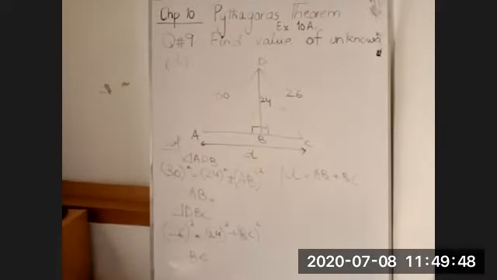So first I'm going to repeat the question, whatever we have done in this question. This is your question number 9D part. In question number 9D part, the unknown was D. We have to find its value. First of all, I have named the edges as A, B, C and D. First, I have taken the triangle ADB. By taking the triangle ADB, 30 will be your hypotenuse, 24 will be your perpendicular, AB will be your base. So, by applying Pythagoras theorem, 30 square, the hypotenuse square, is equal to perpendicular, which is 24, and your base is AB. So, 30 square is equal to 24 square plus AB square. You will find out the value of AB from this equation.